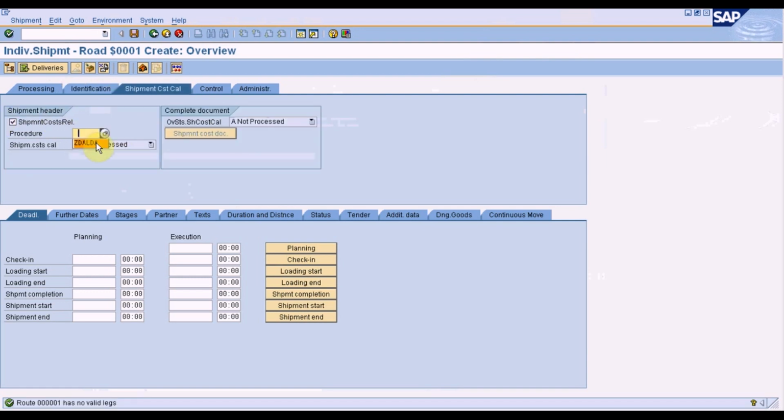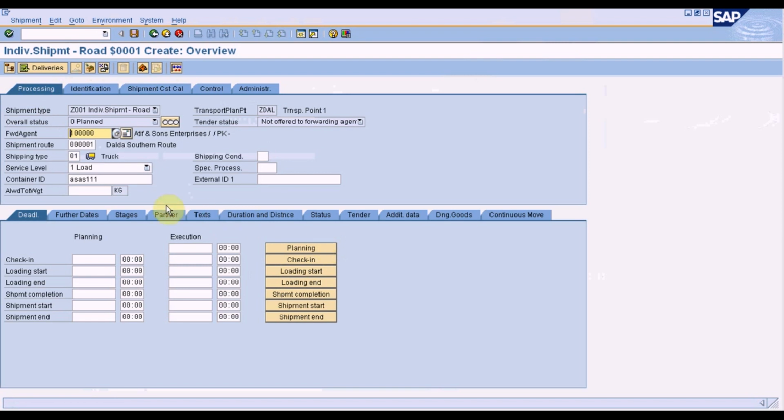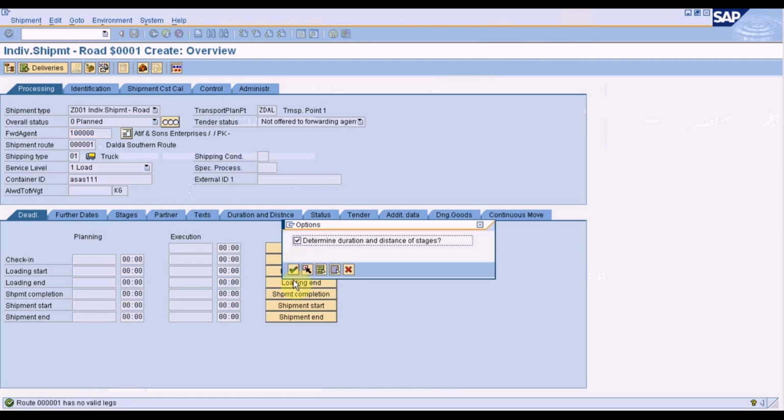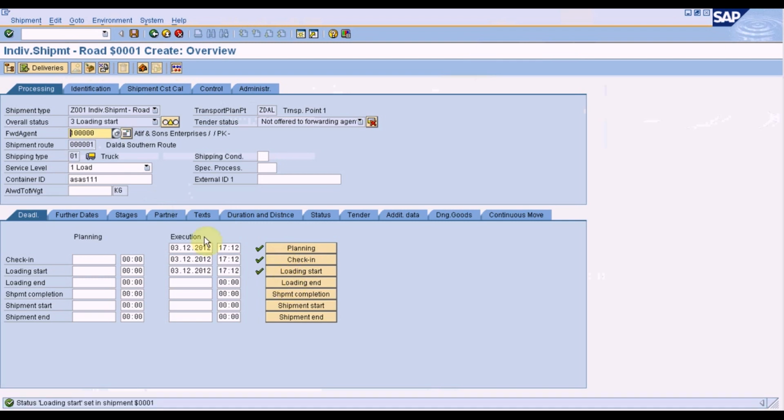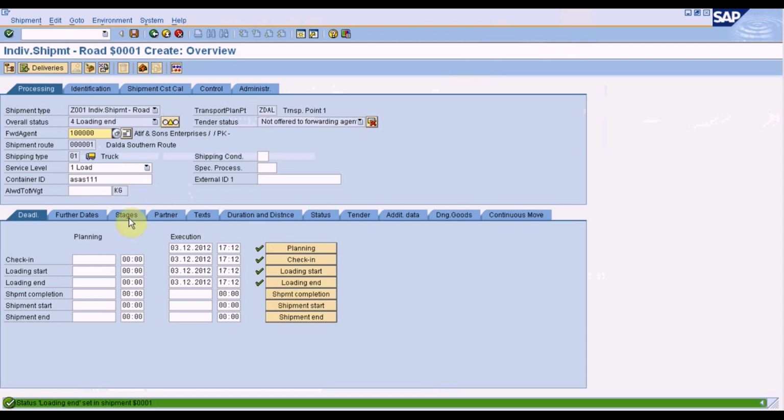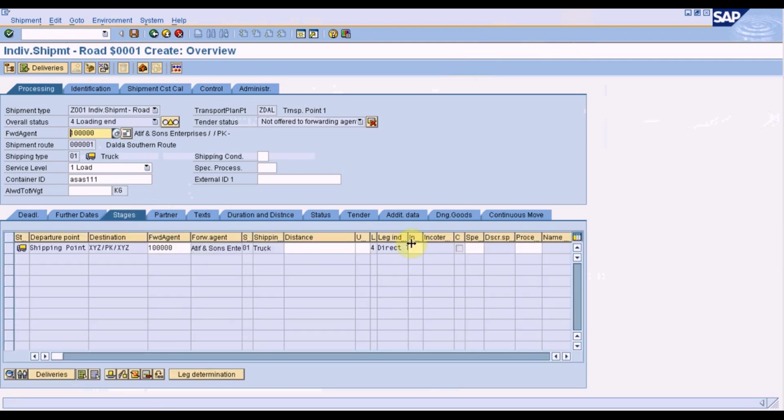I am going to enter the procedure, start the planning part, and the vehicle has just checked in, loading has just started, loading has ended. Now different stages, if there are more than one legs in a shipment,